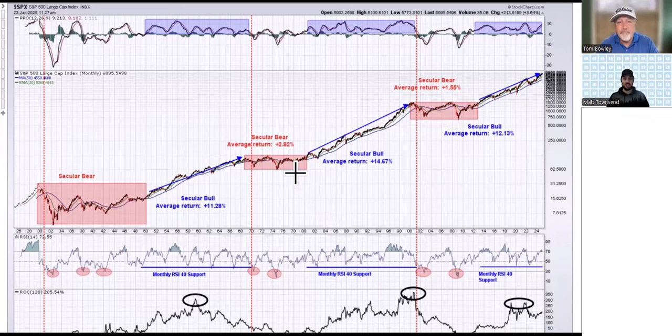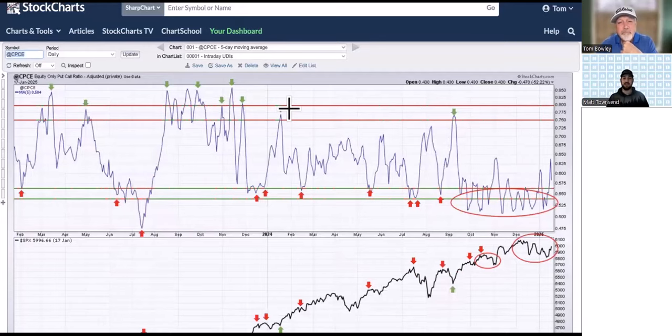Moving on, we got Shrikant. He said, "I know Tom discussed how to calculate the 5-day put call ratio from the past." Okay, I'm not sure what the question is there, but essentially what